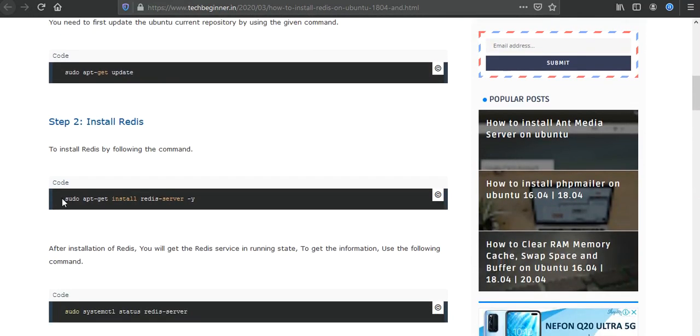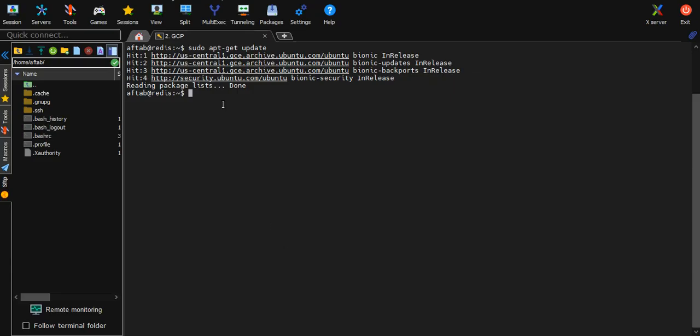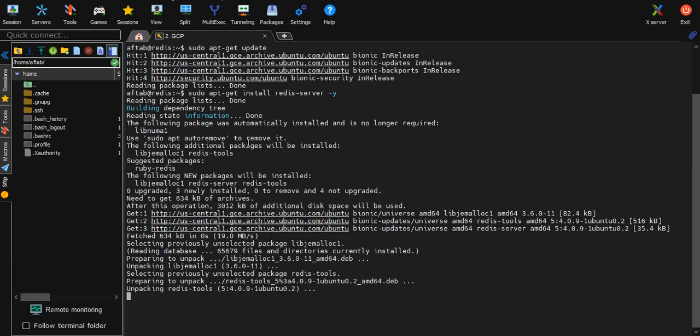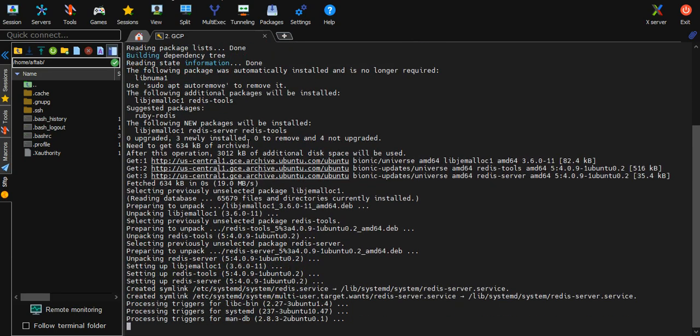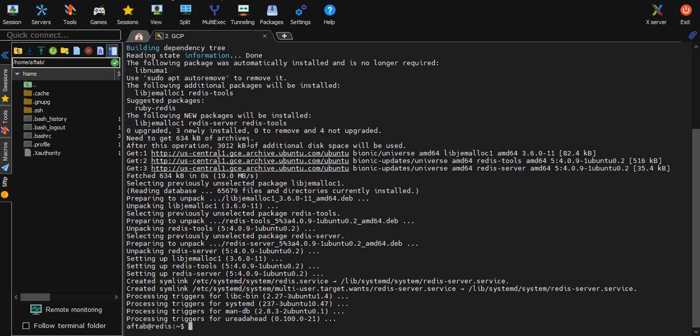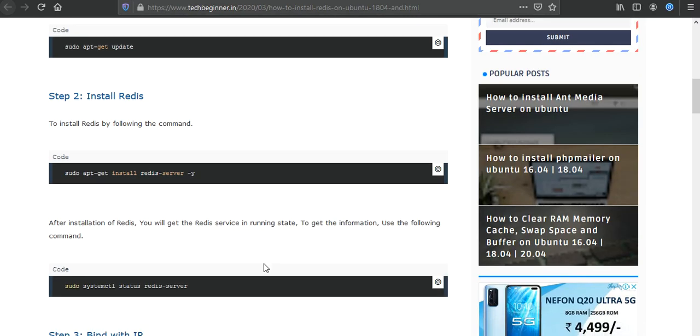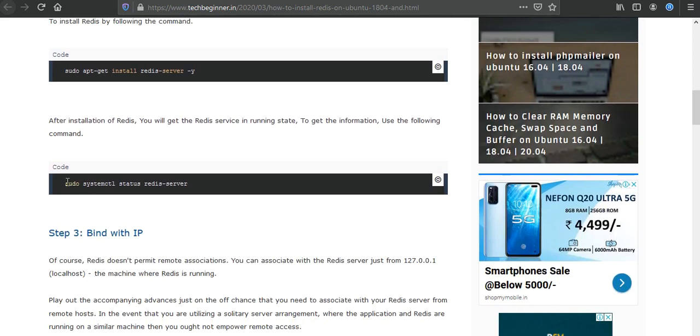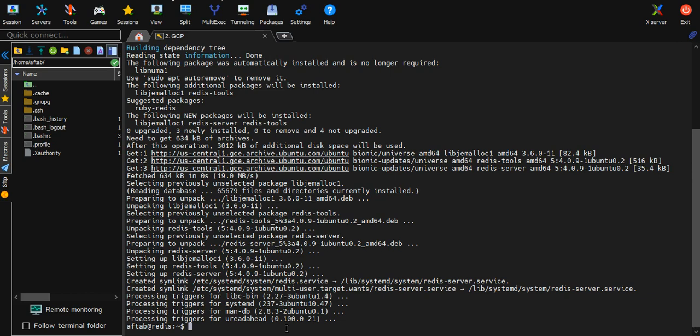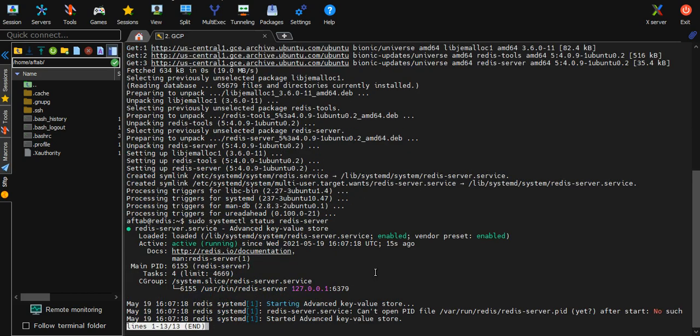And after that we need to go ahead to the second step. In this step we need to install the package redis-server. So the repository of Redis is already available with your Ubuntu machine, so you don't need to add the Redis repository separately. So Redis server is installed, and after that we need to check whether it is running or not by default. So we need to execute this command sudo systemctl status redis-server, so we can see that